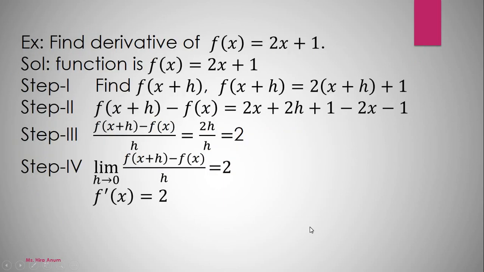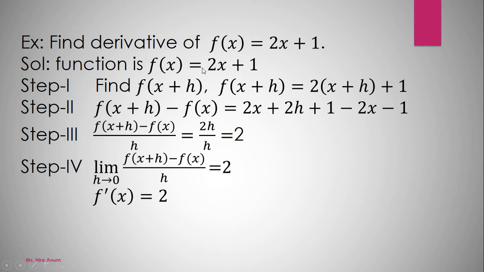Now find the derivative of f of x equals 2x plus 1. Here we also have to find the value of f of x plus h. So we know the function f of x equals 2x plus 1. Now we replace x with x plus h. Now we put here x plus h, it becomes 2 bracket x plus h plus 1. Now we find the difference between two functions. It becomes f of x plus h minus f of x equals 2x plus 2h plus 1 minus 2x minus 1, because minus